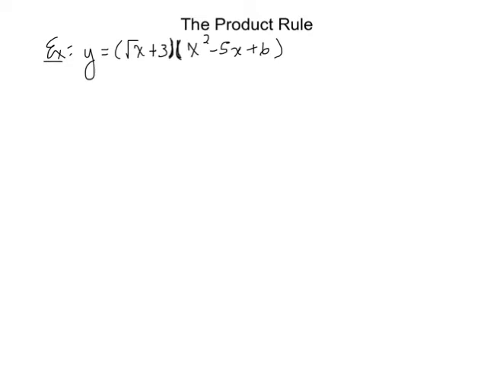Okay, this one's got a square root in it, so first off I want to note that that can be written as x to the 1/2 power, right? So again, I write down the two functions, so I've got x to the 1/2 plus 3, and I have the function x squared minus 5x plus 6, and then right next to each of those I write their derivative. So the derivative of x to the 1/2, bring down the power, subtract 1, and then the derivative of 3 is 0, so I won't write that down. Then I go down to x squared minus 5x plus 6. That derivative is 2x minus 5. Okay, and remember we make the ribbon.